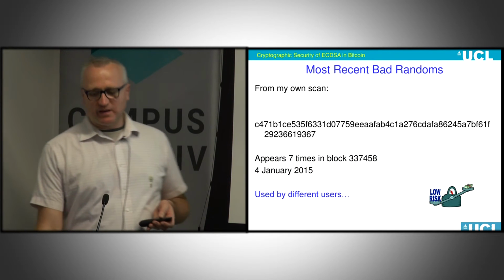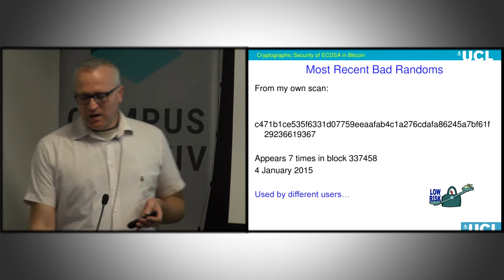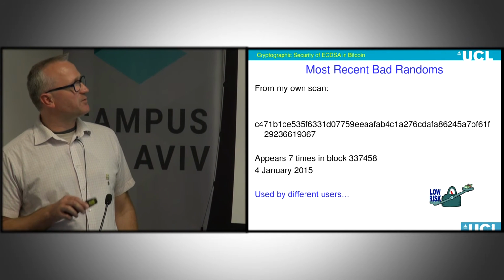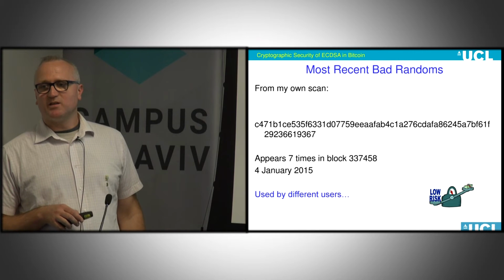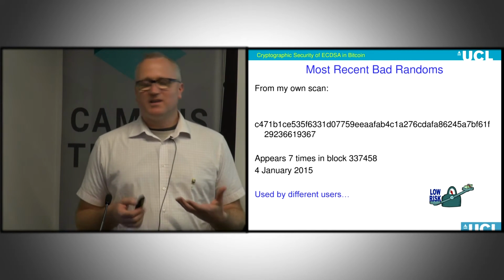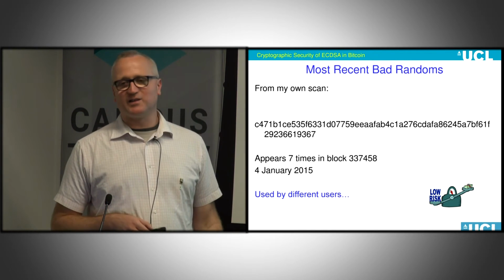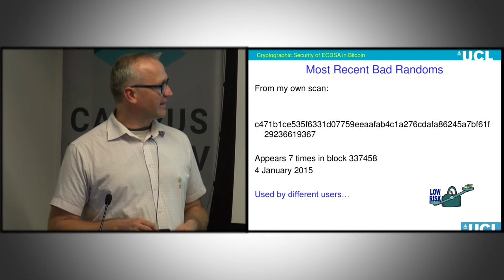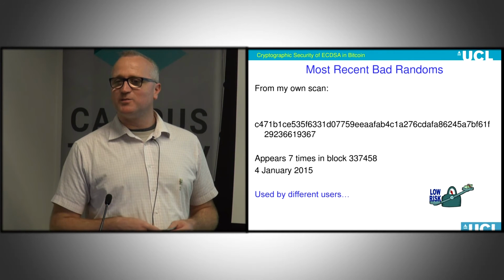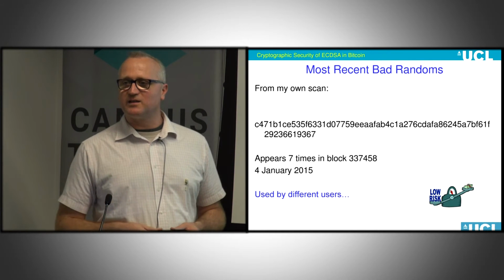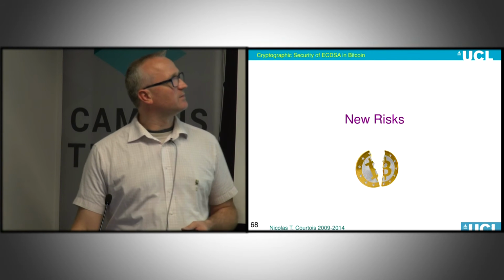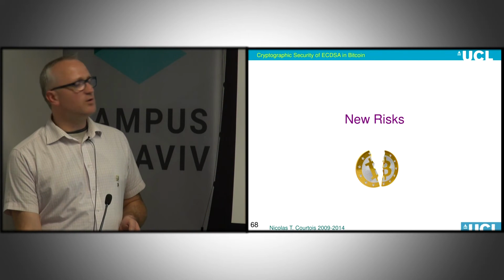So let me explain a little bit how it works. For example, this random was used 4 times by different users. So we have seen until now that this is low risk. There is no attack as of yet if you use the same random used by different users. The only thing is that each of these guys can steal other guys' Bitcoins. So there are only 4 people affected. So can we do something more? That's the question. And actually you can do a lot more.